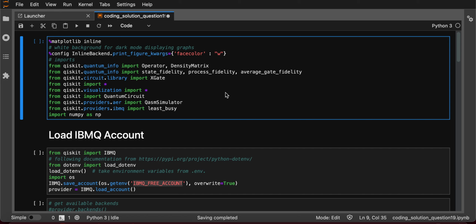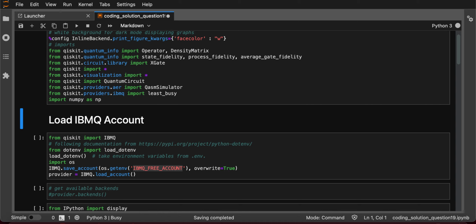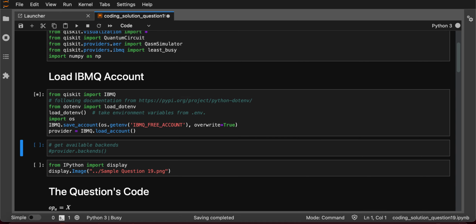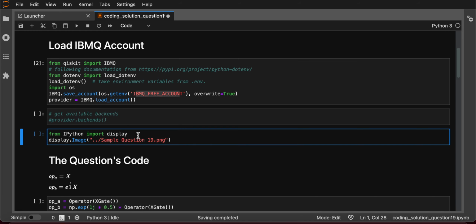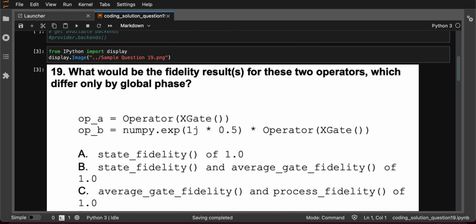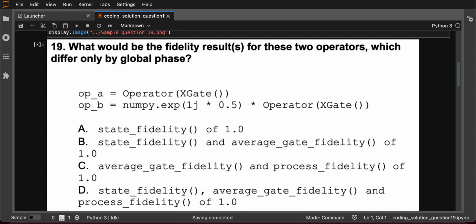Let's answer question 19 through code. Here are the necessary imports that we'll need to use, and I'll load my free IBM Q account using the python.env package, so that way I don't have to specify my API key in this string, and that way I can keep it secret. And question 19 says, what would be the fidelity results for these two operators which differ